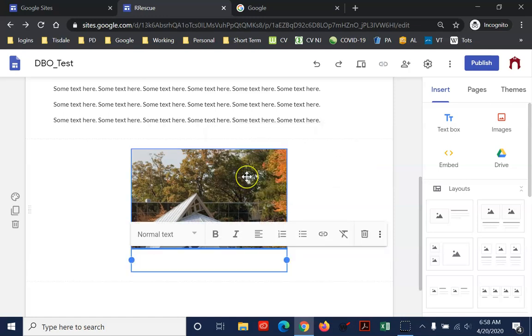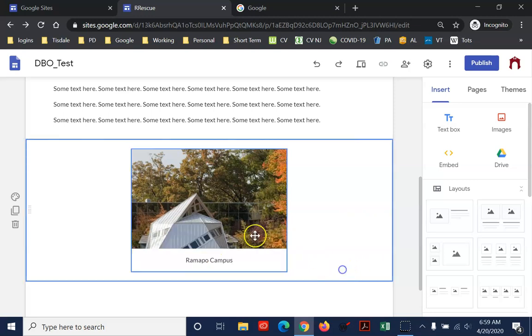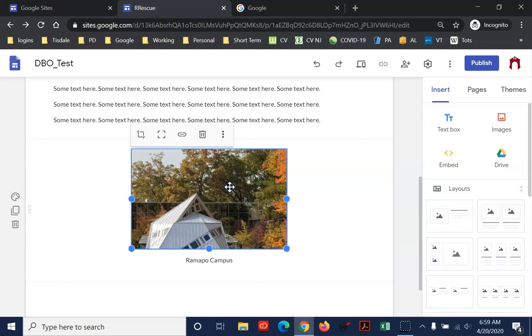Now, a difference here is if you add a caption, it's going to display underneath. I'm going to get some tools as far as alignment, bold, italics. I can make them into lists, basic formatting tools here. Whereas if instead I pick alt text,